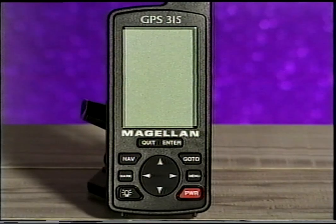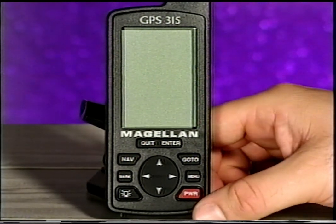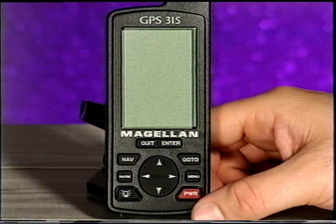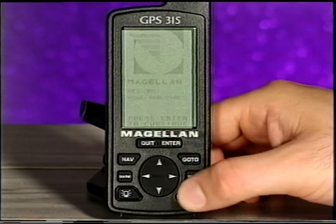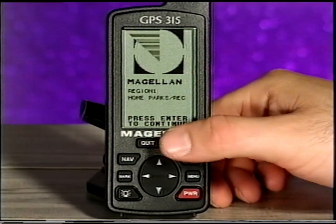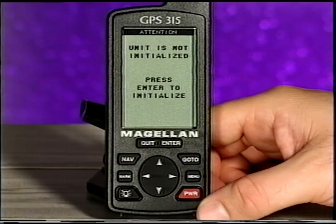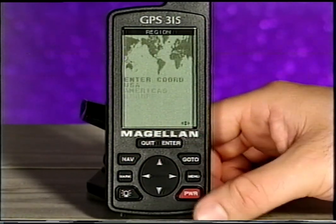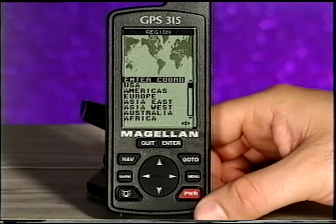To get started, take the receiver outside where you have a clear view of the sky, away from any obstructions like buildings, heavy foliage, or covered boat docks. To turn the receiver on, press and hold the Power key until the display turns on. After displaying the copyright page, the GPS initialization prompt will appear. Press Enter to continue. If the initialization prompt hasn't appeared, press Menu, highlight the Setup option from the pop-up menu,